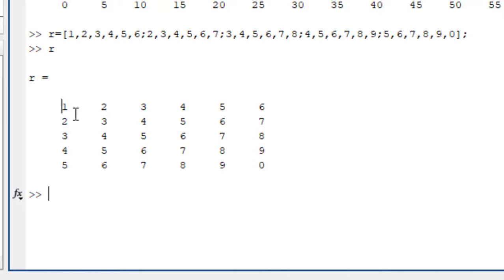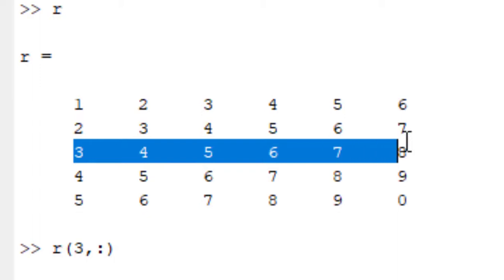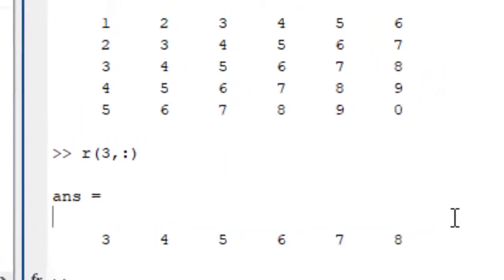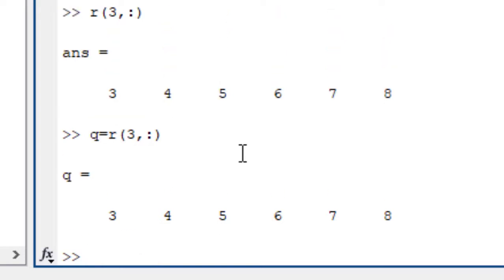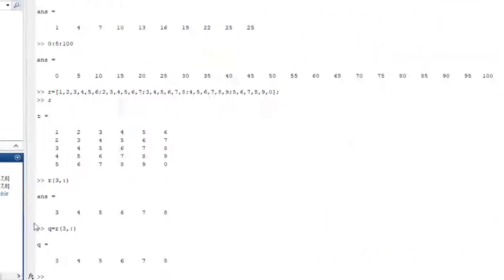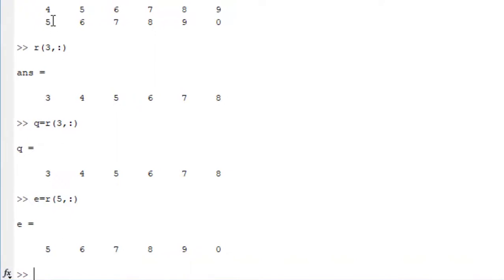Now if I write R(3,:), that means the third row will be selected. As you can see here, the third row has been selected. This is the answer. If you write q equal to this, the answer will be stored in q. For example if you write R(5,:), the fifth row will be selected.